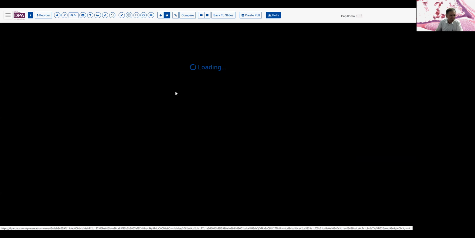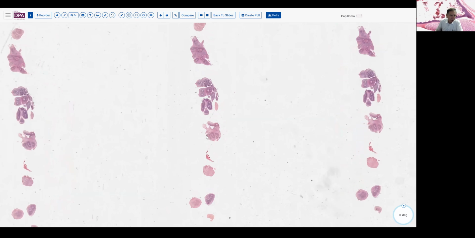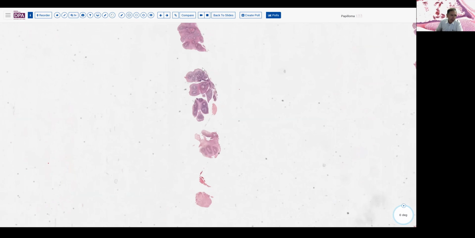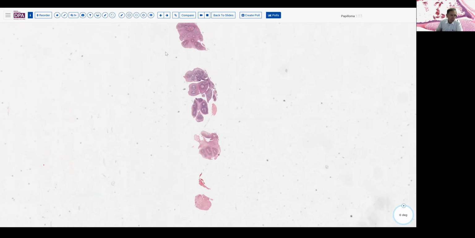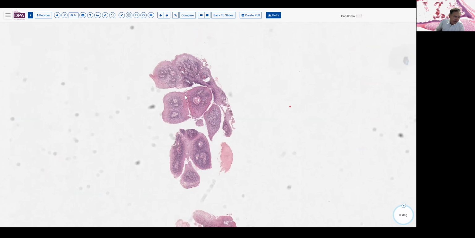Okay, we'll go on to the next case here. Just again, a vulvar skin sample. And this, as you can see, is multiple little rounded lobulated fragments. These are what you might think of as little papillae that have just been snipped off. And this slide I share to